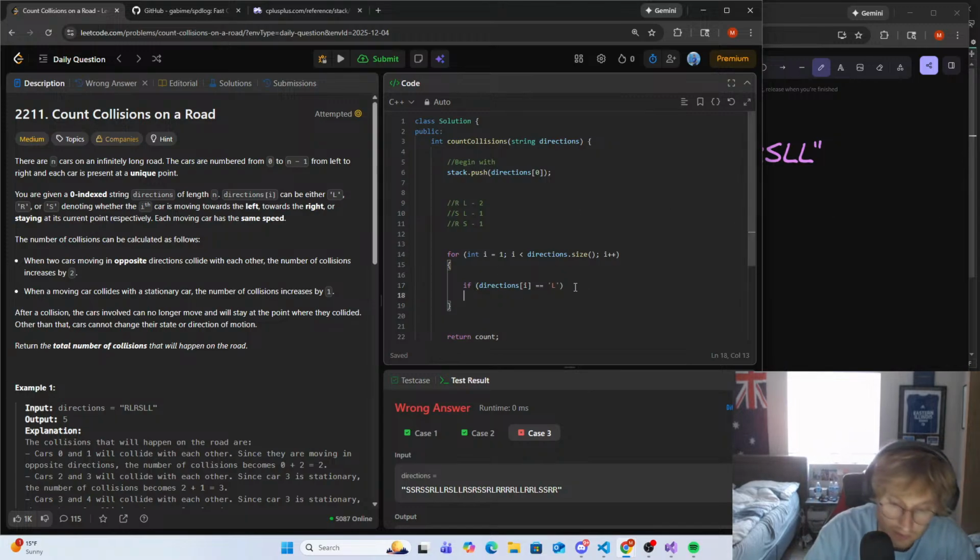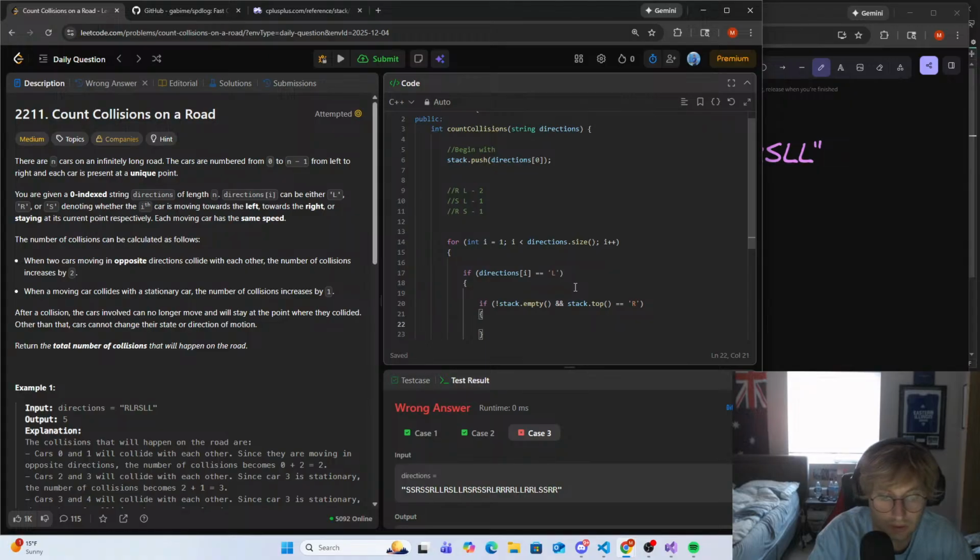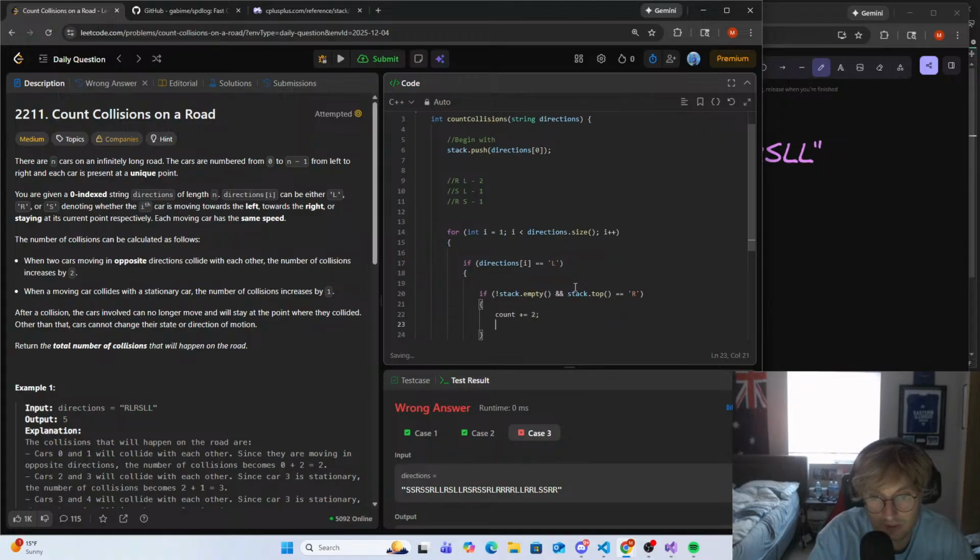So if it's equal to L, all we want to do here is check, okay, well, if our stack is not empty, and stack.top is equal to R, we would increase our count, pop from the stack,